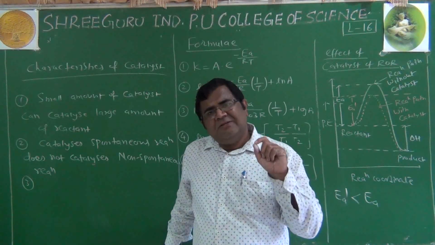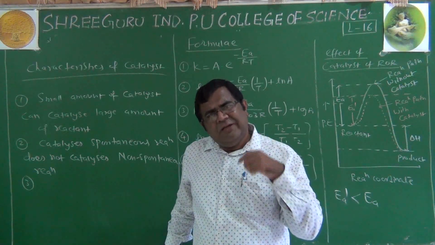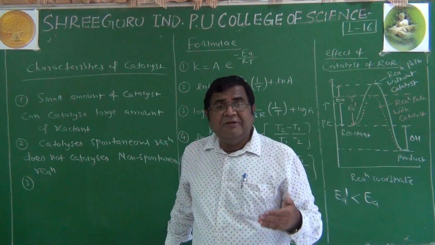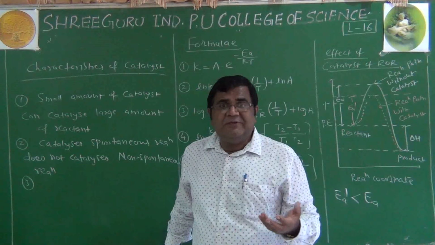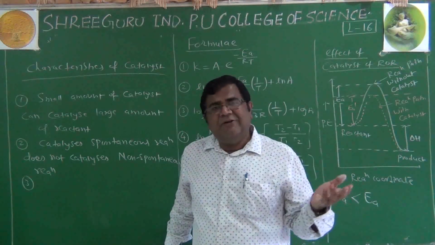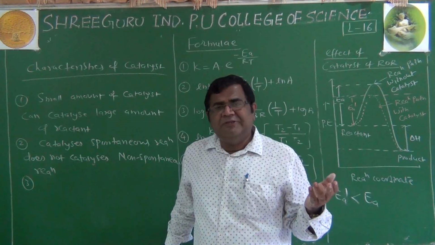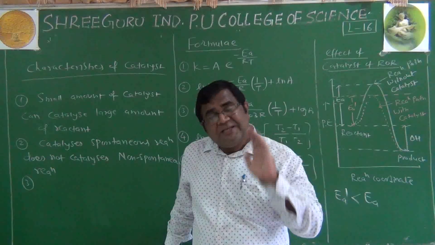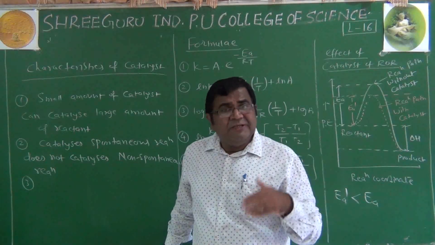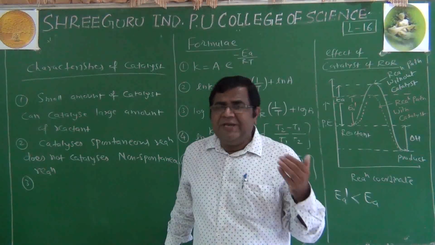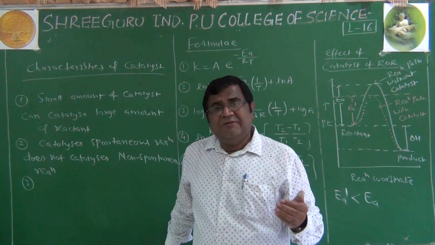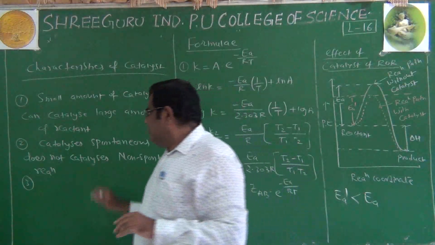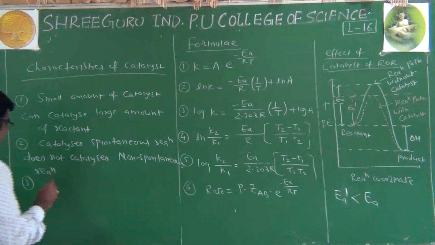It increases the rate of reaction only if it is possible, if the reaction is feasible. If the reaction is not feasible, the catalyst won't make that reaction feasible. Otherwise, our whole understanding of chemical reaction will change. That will be a different thing. But catalyst only catalyzes those reactions which can otherwise take place without the presence of catalyst. It only increases the rate of reaction. If a reaction won't take place, it won't take place even in the presence of the catalyst. So it does not catalyze the non-spontaneous reaction.